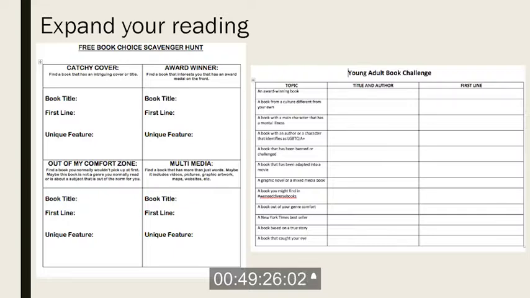This one was for older students and my college students. I wanted the same thing: award-winning books, a book with an author or a character that identifies as LGBTQI, a banned book, a book that's been turned into a movie, a graphic novel. And so they're just exploring in there. And then